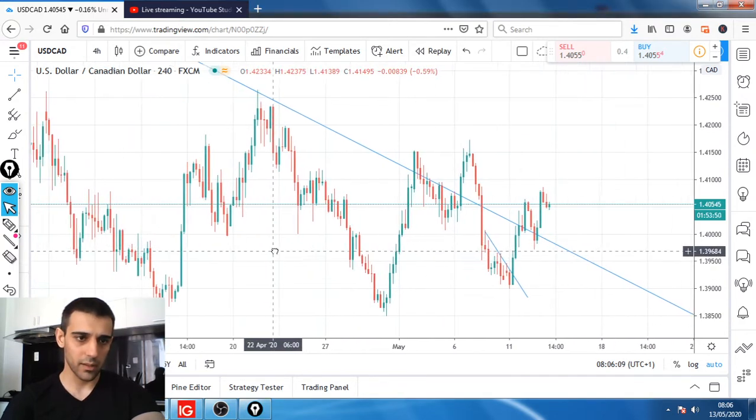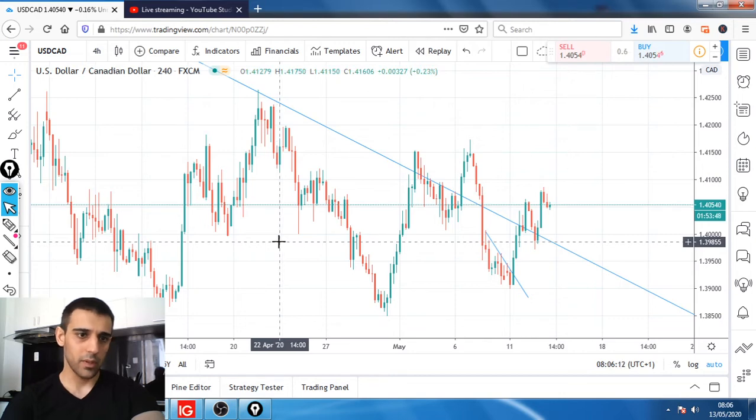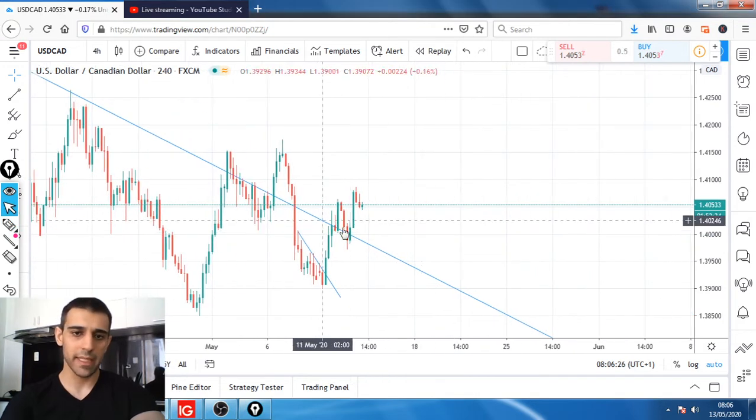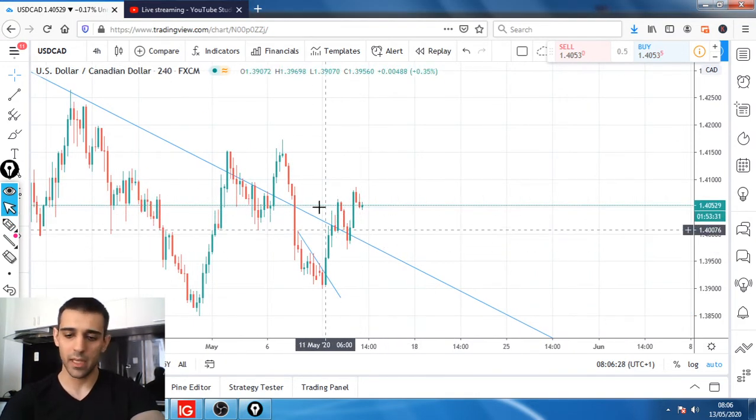There's not much going on here. Let's have a look. Okay, on the 4-hour time frame we do have this support, but I was thinking that the price would retrace down to this level, maybe potentially taking out this low, but we can see that the price went further down. I don't know if some of you took a trade; they probably will get stopped out unless you keep the stop wide.